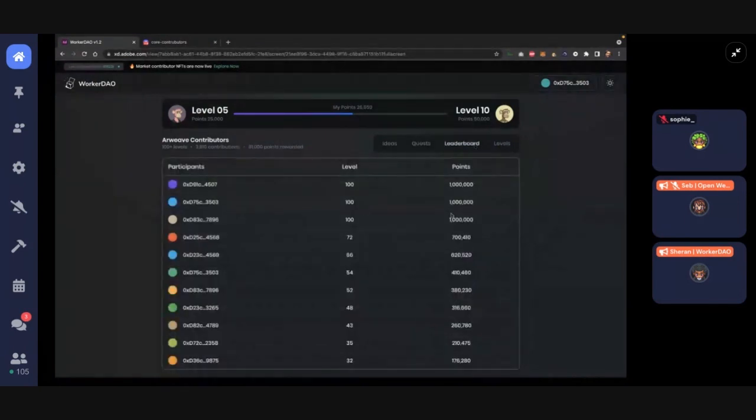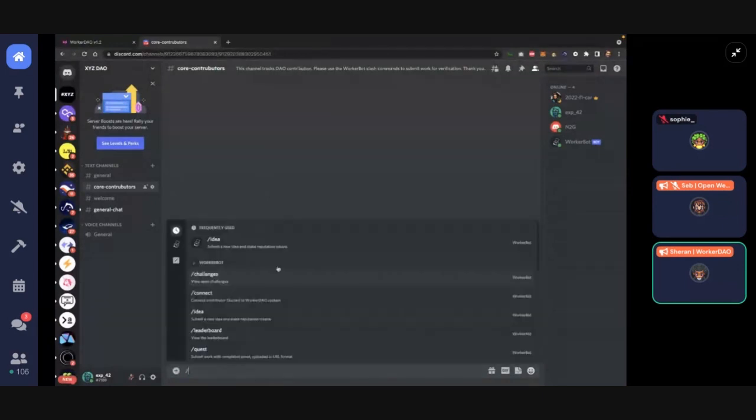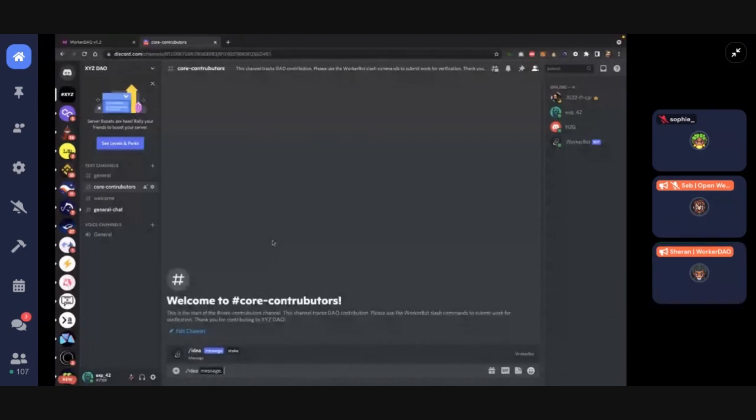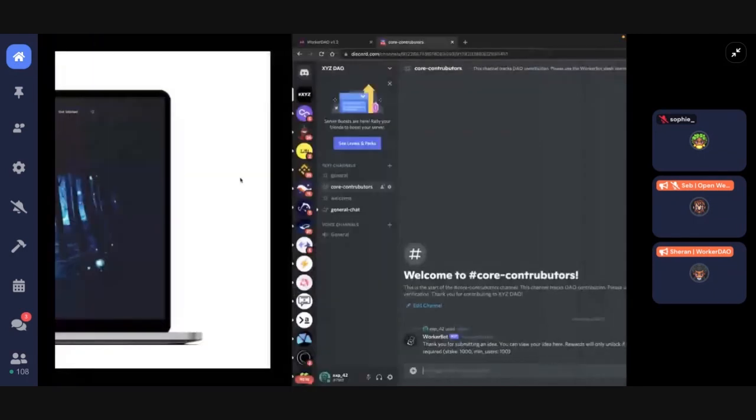We can also track the leaderboard, so users can aim to become the topmost contributor. The protocol can also be connected to any platform, such as Discord, to track submissions. For the purpose of this demo, we've linked the application to a Discord bot that's connected with Python. So I can use /commands, for example, and do things like submitting an idea or viewing the leaderboard. Here you see me submitting a simple idea and staking some tokens on it. Okay, back to the presentation.